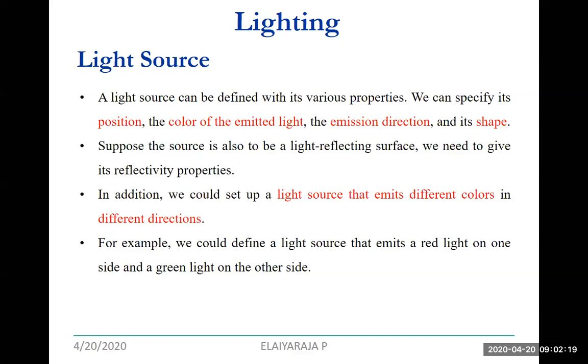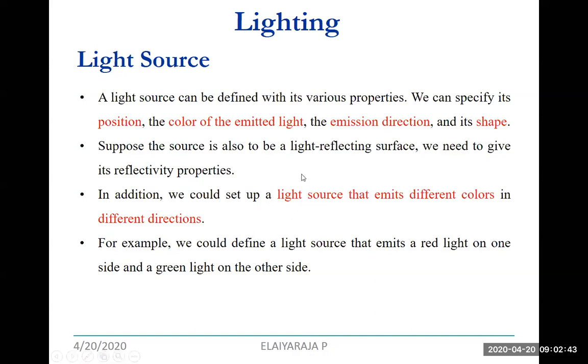A light source can be defined with its various properties. We can specify the light source based on its position, color of emitted light, the emission direction and the shape when it touches the particular surface.